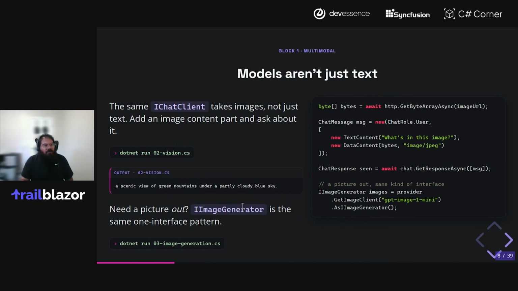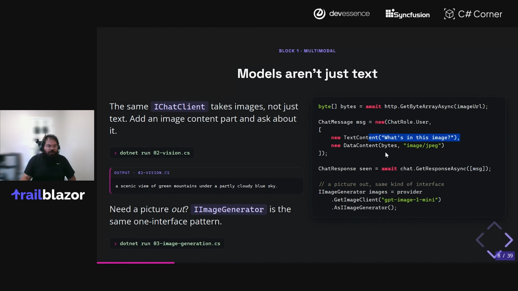Okay, but is it all just text? And the answer to that is no. The models can handle different modalities, meaning images, audio, text, and things like that. If you look at this sample here, we're still using a chat client, and in this case we're using this data content type, which supports various types of message content. Here we're just saying, hey, what's in this image?